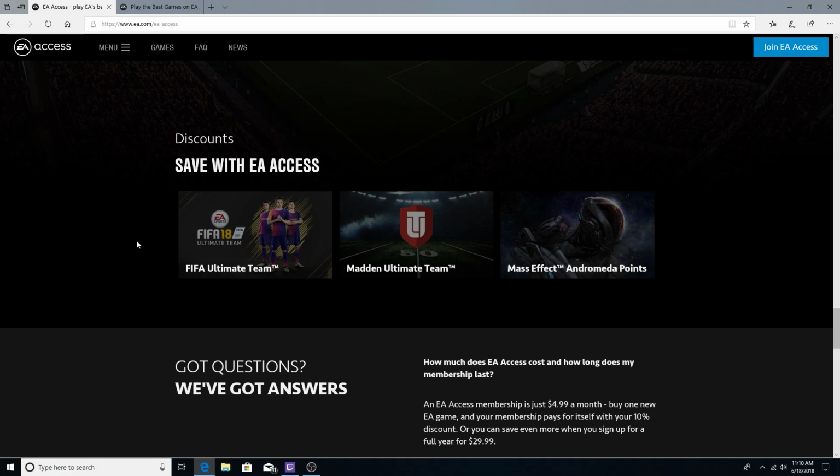I think their catalog is, compared to Game Pass, crap, but it costs a fraction of what Game Pass does. Game Pass is $10 a month. They don't have any yearly subscription that offers a discount. EA Access does. And especially if you can get it for $25, actually even for $30, if you want to play these games, even one or two before they're released,